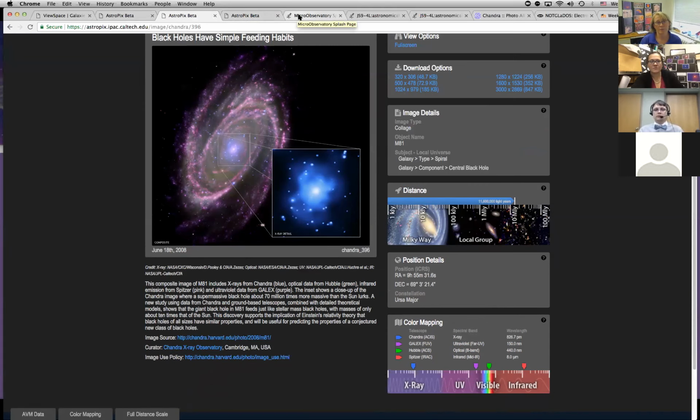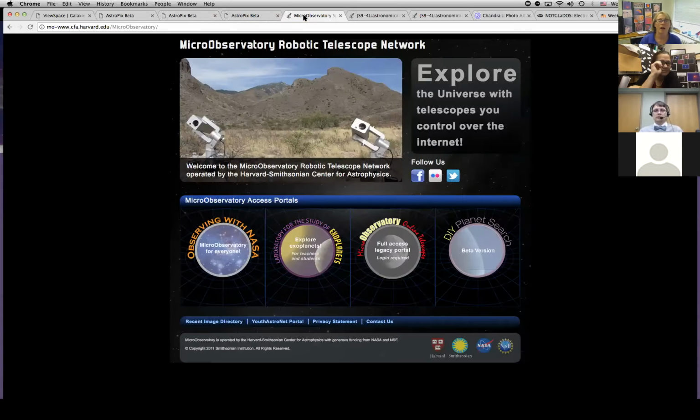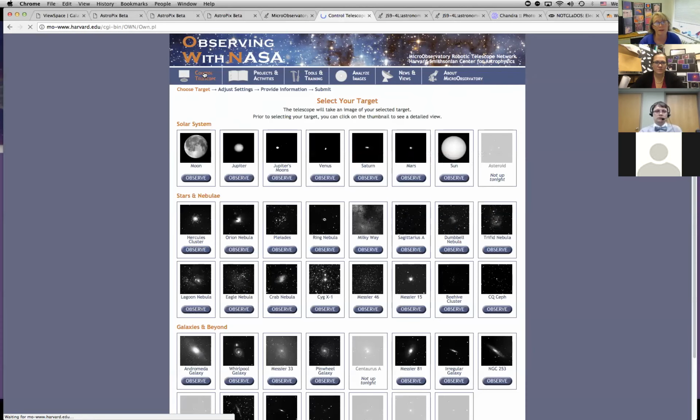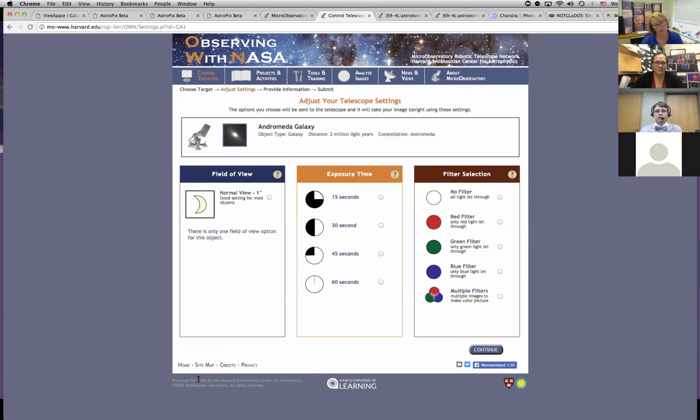In addition to Astropix, the next resource that we wanted to highlight with regard to the electromagnetic spectrum and learning about light is MicroObservatory. We've talked about this before. I'm going to just show you that when you request an image from MicroObservatory, if I go to ask for the Andromeda Galaxy, for example,